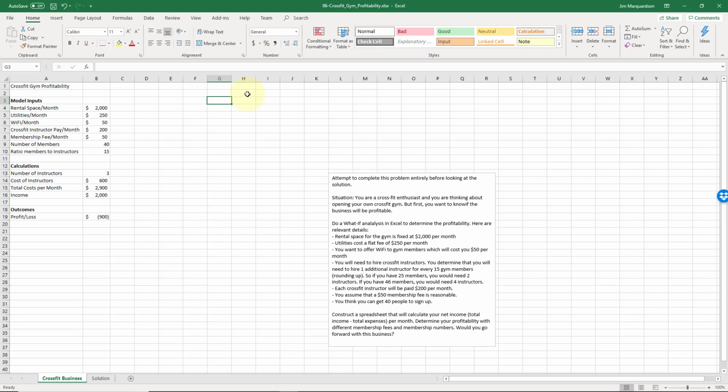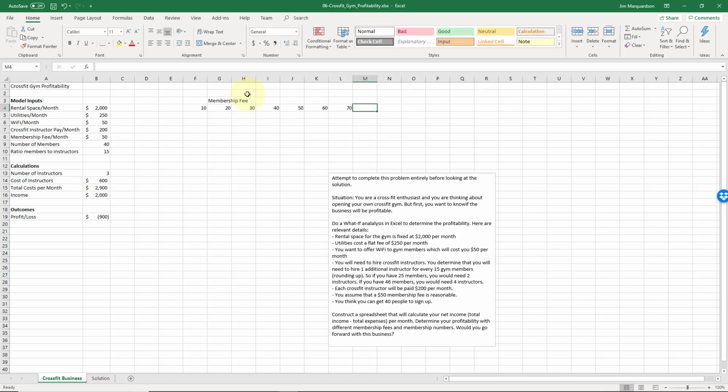That's two different inputs determining a single outcome, profit and loss. That sounds like a two-way data table to me. What are potential membership fees? Maybe we've got college students who only want to pay at most $10 a month. Let's say 20, 30, 40, 50,